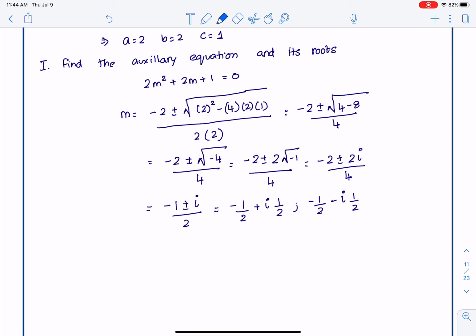So we know that the solution to the DE with complex roots, by DE I mean homogeneous with constant coefficients,